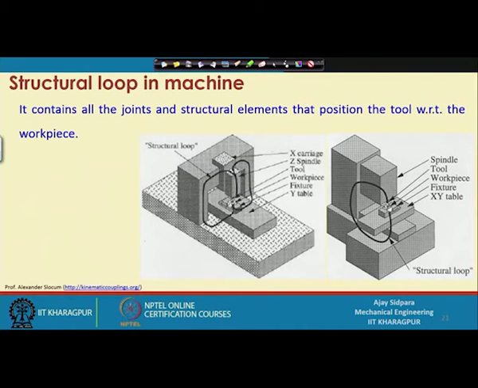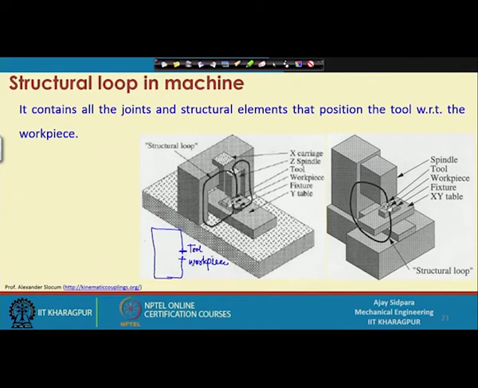So, now where this structural loop starts, because this whole thing is connected, the only opening position or vacant position is the location between the tool and the workpiece, because we know that we have a tool and this tool is coming from upward, and then we have a workpiece and that is coming from the down, correct. So, now when you are joining these two things, then our loop is completed.